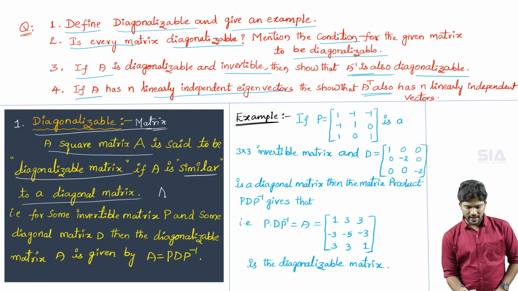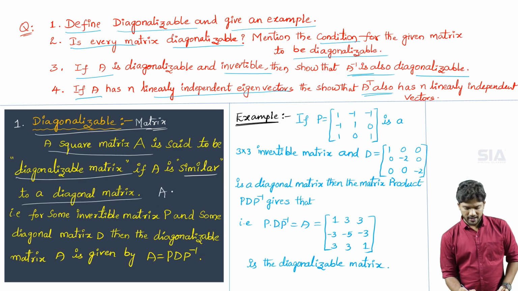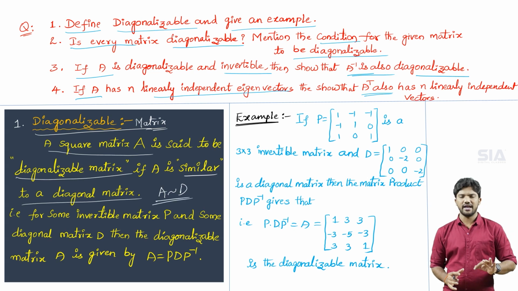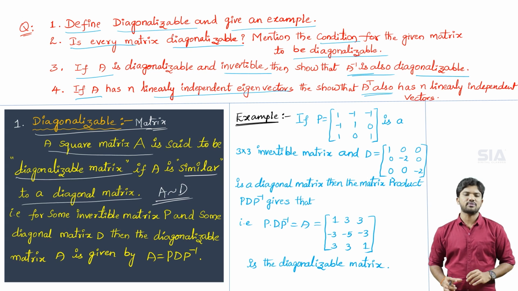This capital A is similar to one diagonal matrix capital D. You know this notation is the similarity notation. A similar to D means A is similar to capital D, where capital D is the diagonal matrix. Whenever a square matrix capital A is similar to a diagonal matrix, then that capital A is said to be a